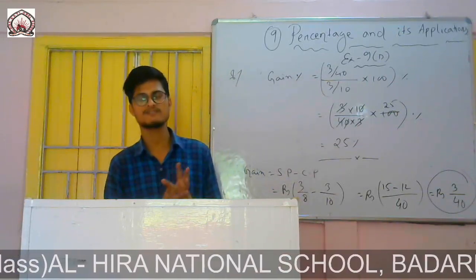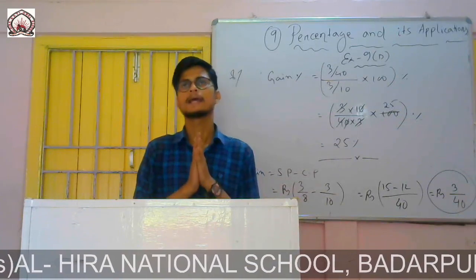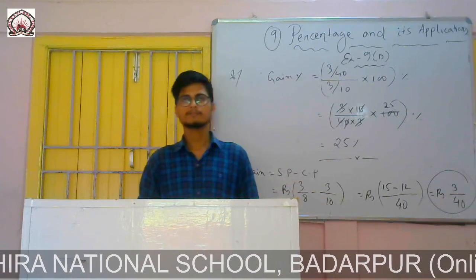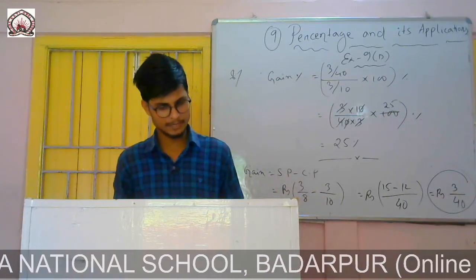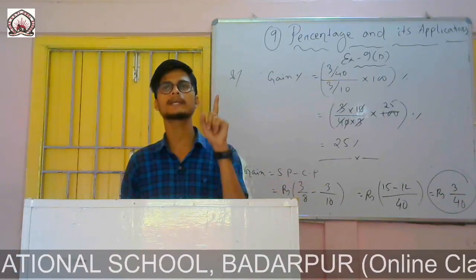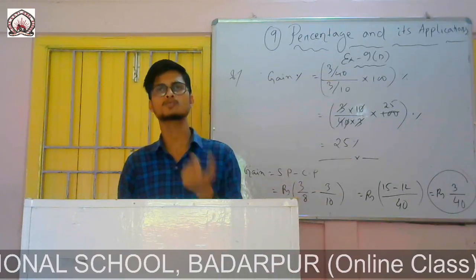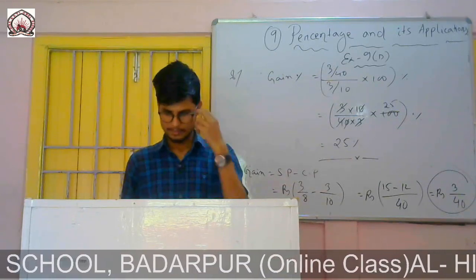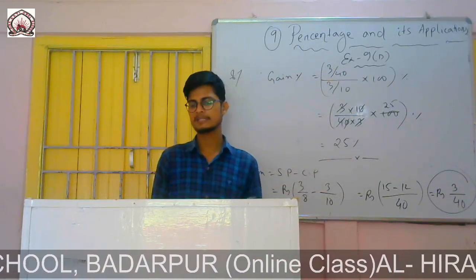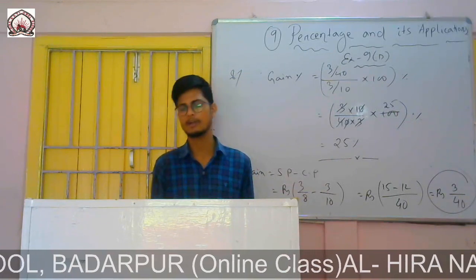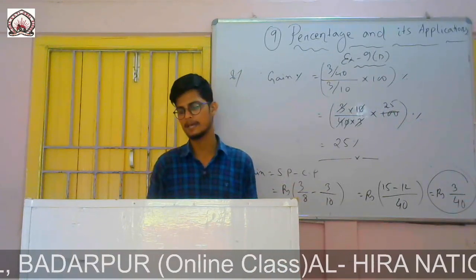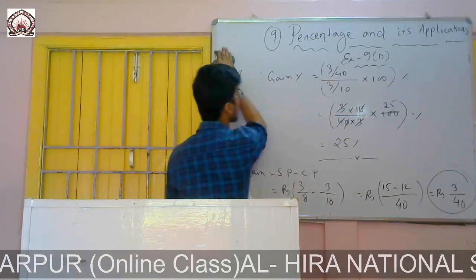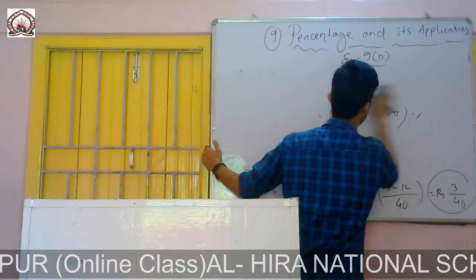So for both cases, first of all we'll find the cost price, then we'll add the cost prices, and we'll get the total CP. The total SP is 2 times 924, as each painting sold for 924. There are 2 paintings, that means 2 into 924, or we can write 924 plus 924. Then we will get the total SP. Then we will see, if CP is greater than SP, then it is a loss. If SP is greater than CP, then there is a gain. If there is a loss, we will find the loss. If there is a gain, we will find the gain. So let's do this one.